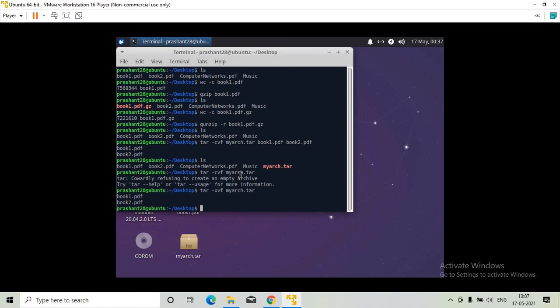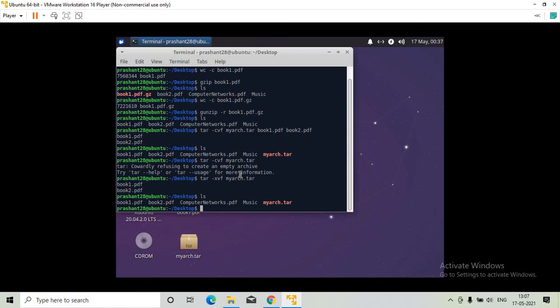Now it is extracted. This is the way of extracting from the archive. Let's check: book1 and book2 have been extracted from this tar file.